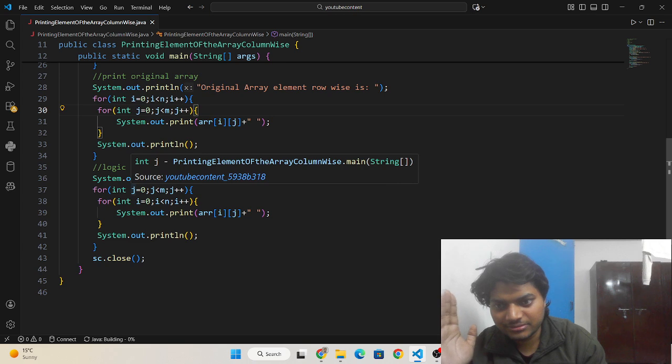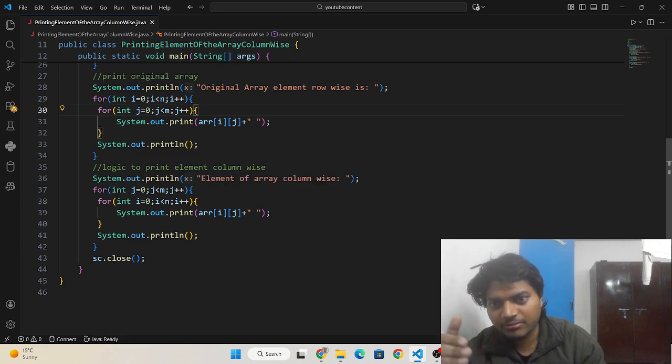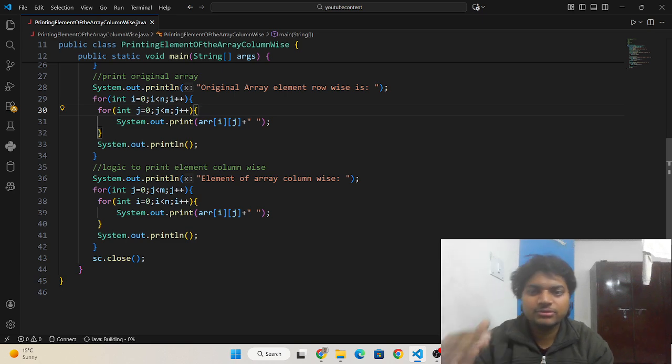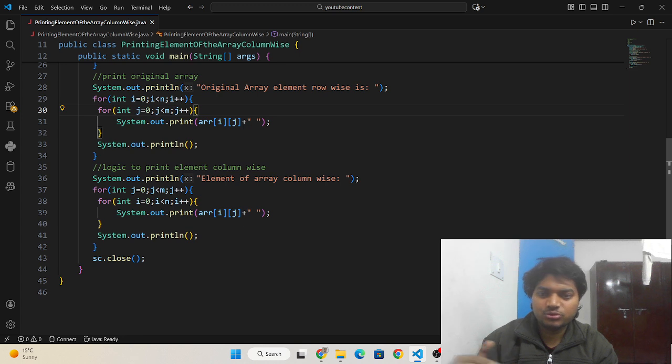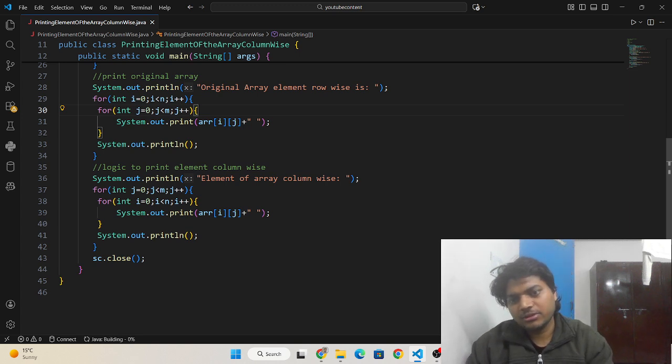In order to print elements column wise, we need to move from 0 to m first, and then jump to another row.